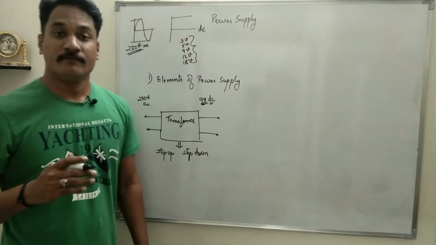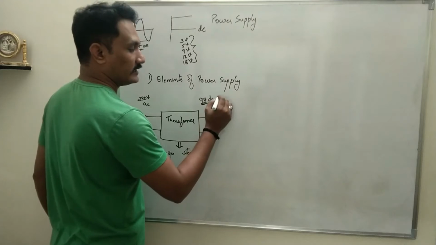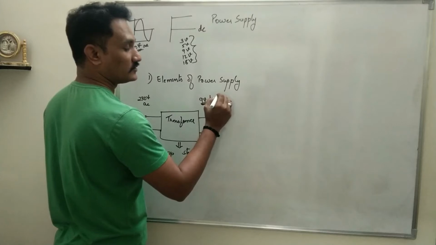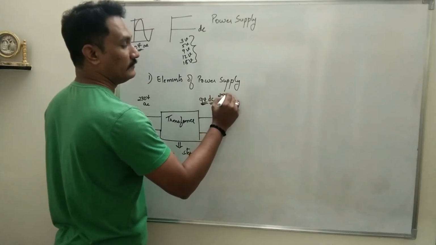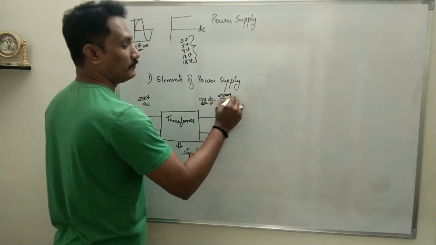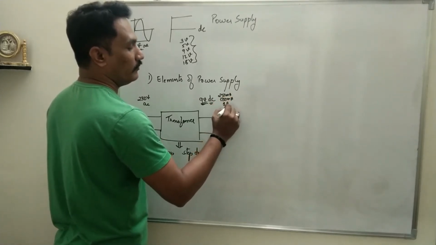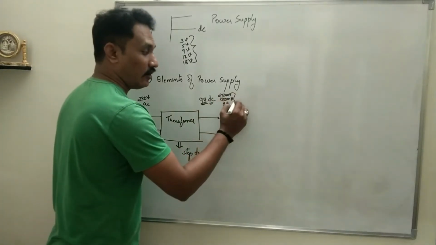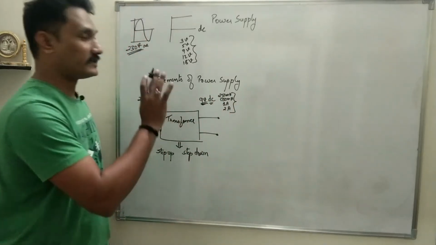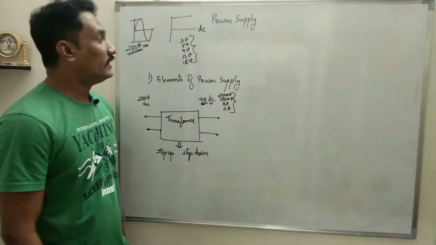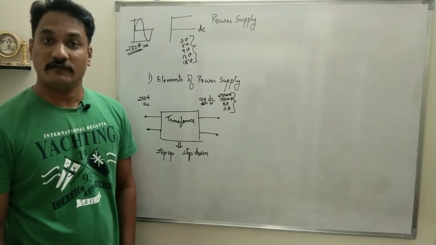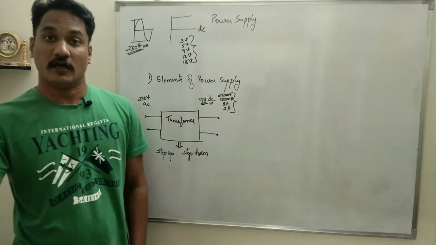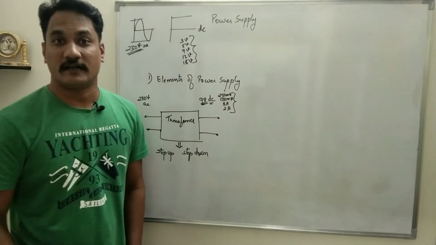Similarly, there is the current, which has to be reduced. For laboratory purposes, the devices which run on DC will work at 250 milliampere, 500 milliampere, 1 ampere, and a maximum of 2 ampere. So this is the current rating of the transformer. You have to decide. For example, some devices work on 3 volt, some on 5 volt, so accordingly you have to select the transformer which gives the output as 3 volt or 5 volt. At the same time, there is a current rating also.